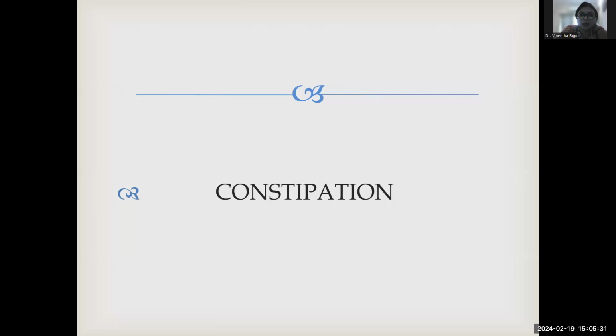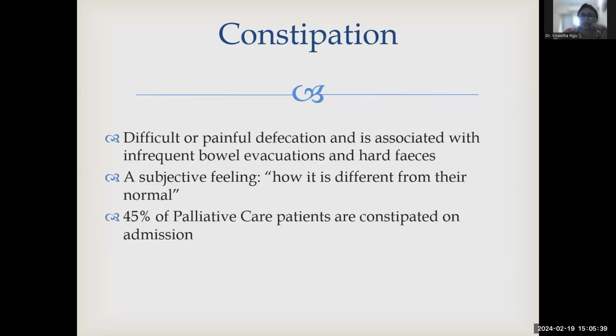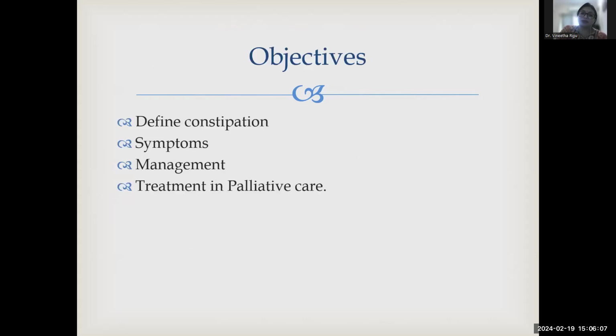So constipation is something which is different from the normal, isn't it? Somebody may tell you, I'm constipated for 2 days, and it may be that that person is already passing motion 3 times in a day. But somebody may tell you they are constipated for a day, when that is usually normal for them. They may be having a regular bowel habit every alternate day. So it's all about how different it is from their normal, right?